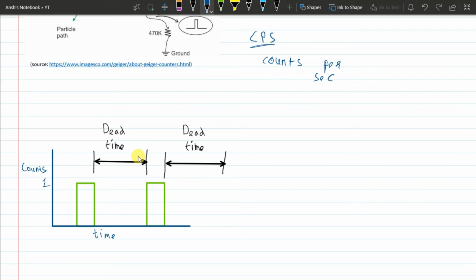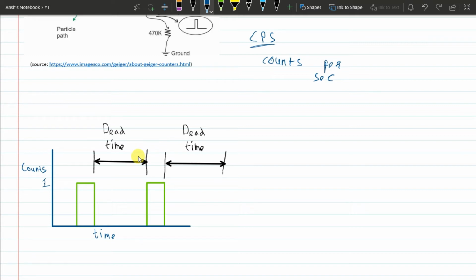And so in this duration, even if there was another source of ionizing radiation, it wouldn't affect our detector, because our electrons are already free and they have to become bound again before they can be ionized. So there's a sort of dead time where the detector does not detect counts, and then there's a second count, let's say, and then there's more dead time right here.